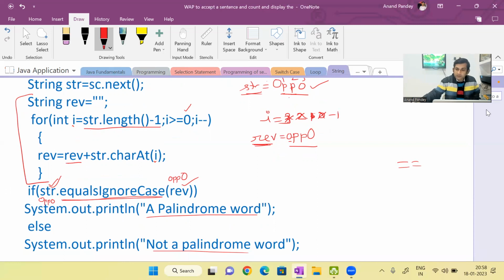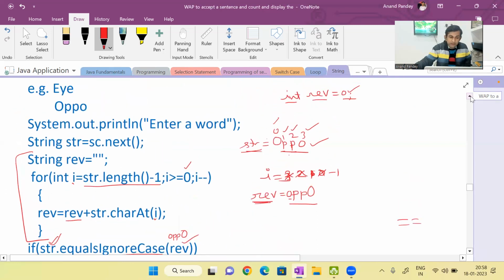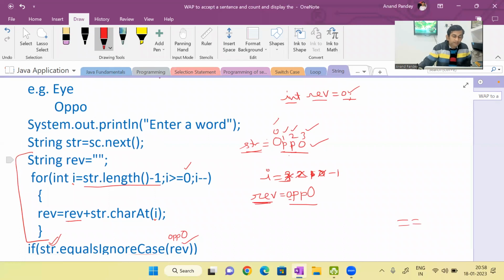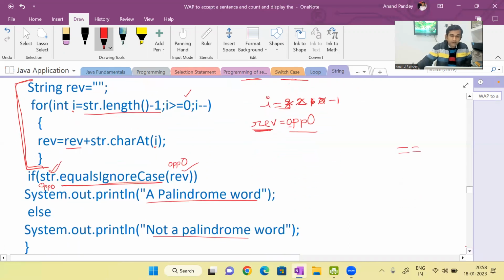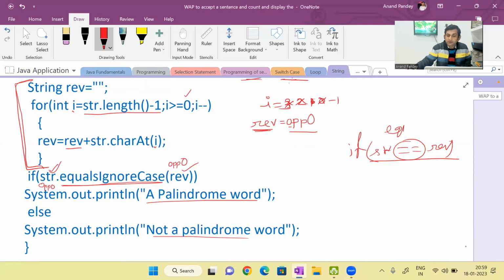So please remember this. Through this program, I wanted to teach you how to find the reverse of a string. And please remember, we cannot compare strings by the equal to operator. We can write str equal to rev, this we can do, but it will be case sensitive. It will work like the equals function. So if you are using the equals function, then this condition will be false because Oppo